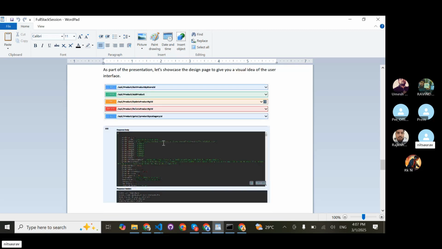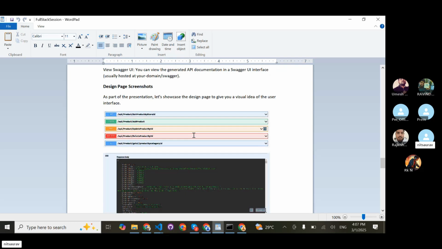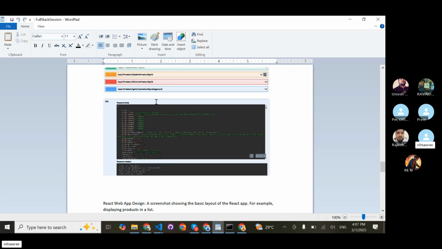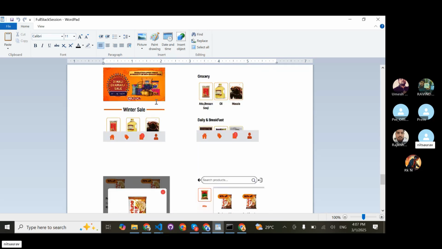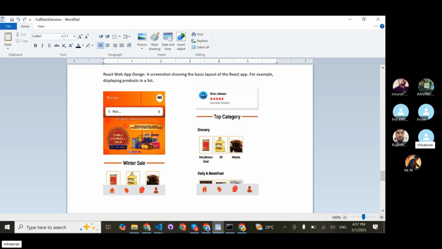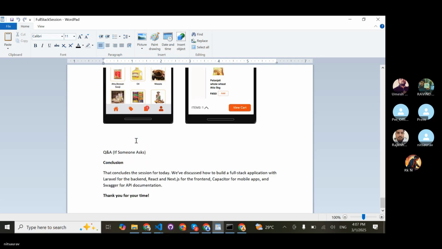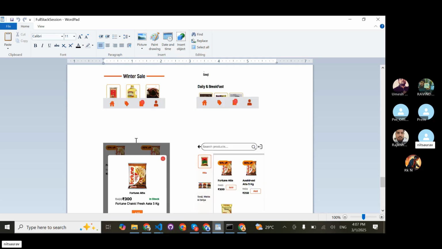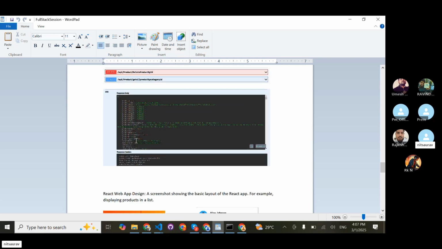Now I want to show some parts of the designs of Swagger, how the Swagger annotations look, and some screenshots of my front end design, my React layout applications. That's all about front end and back end, and for mobile application